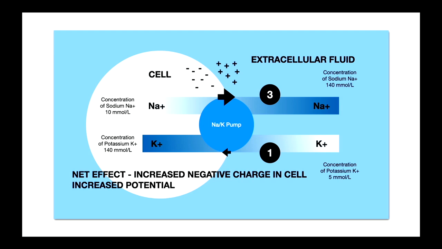So if 3 are going out and 1 is coming in, eventually it produces what we're going to call the electrical potential of this particular cell, positively charged on the outside and negatively charged on the inside. Realize this is against the natural order. This is, in effect, life saying, I know you want to be equal, but I'm going to, the sodium-potassium pump is creating a situation in which there's a slightly positive charge on the outside and a negative charge on the